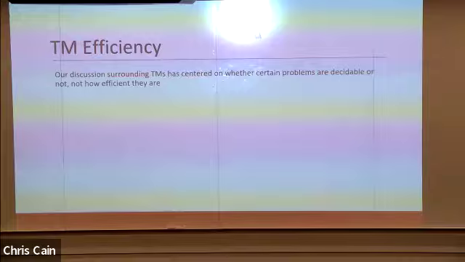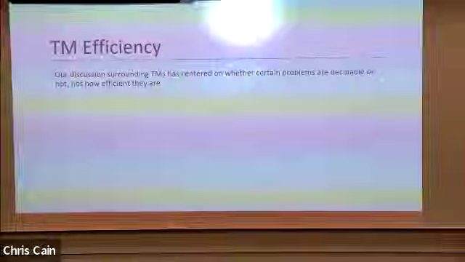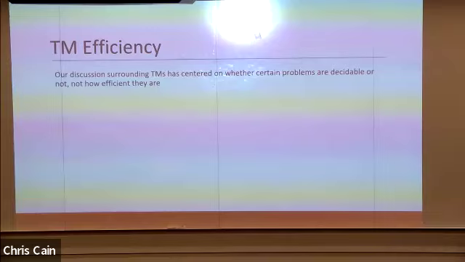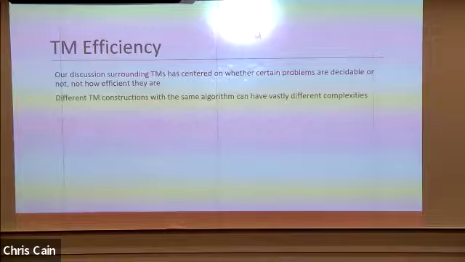So we've only really talked about what's possible and not possible, or what's decidable and what's not decidable. And we've not talked at all about how efficient our Turing machines are. As we know with our own programs, you can write different programs that solve the same problem that have different complexities. This is true for Turing machines as well, because a Turing machine is just an abstracted computer. So depending on the Turing machine program that we write, it will take different amounts of time to determine the answer, yes or no, assuming the problem is decidable.